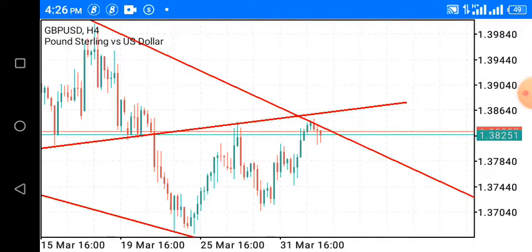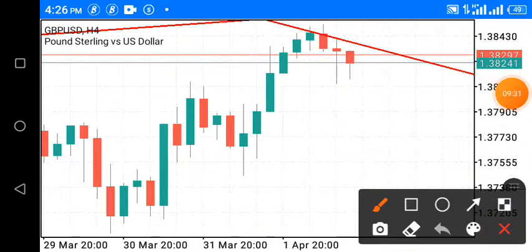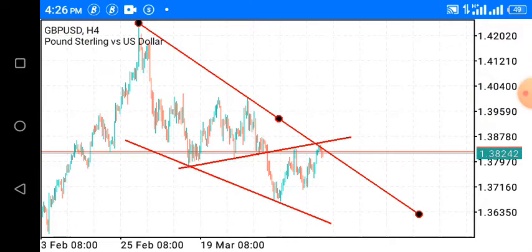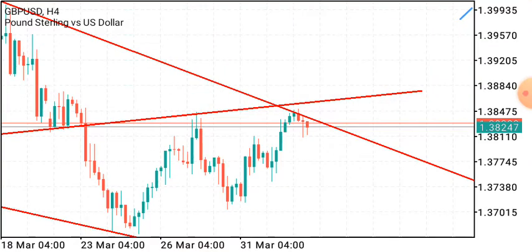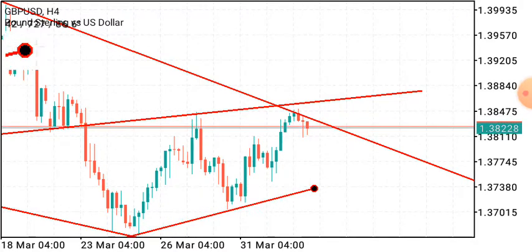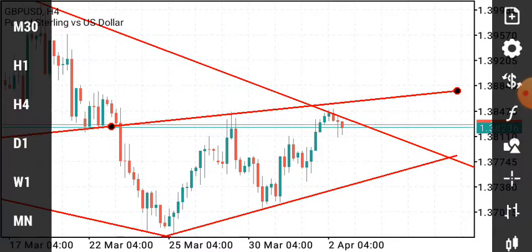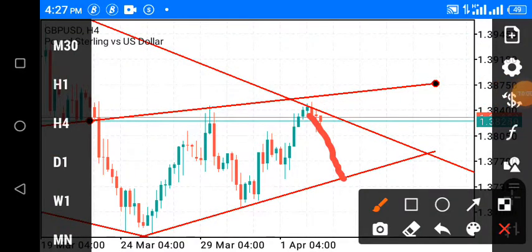Look at that. Look at this, guys, this is 4 hours. It gave us this engulfing pattern, bearish engulfing. After giving that bearish engulfing, I can see another trend line here. So I'm expecting price to rally down from where it is to this trend line,